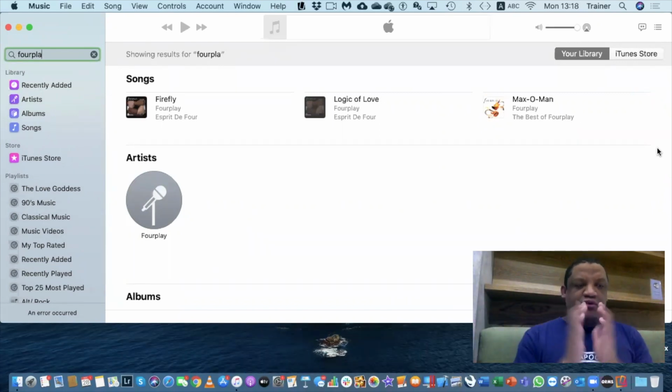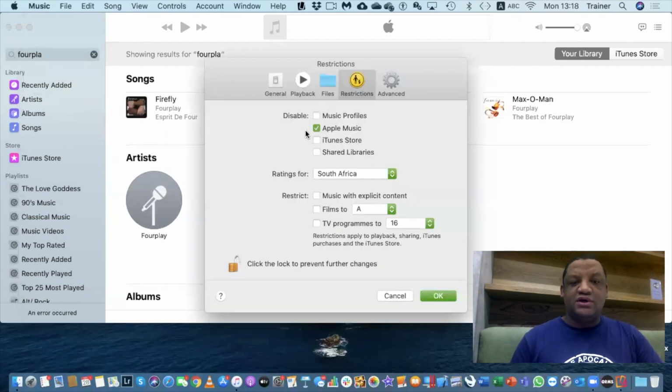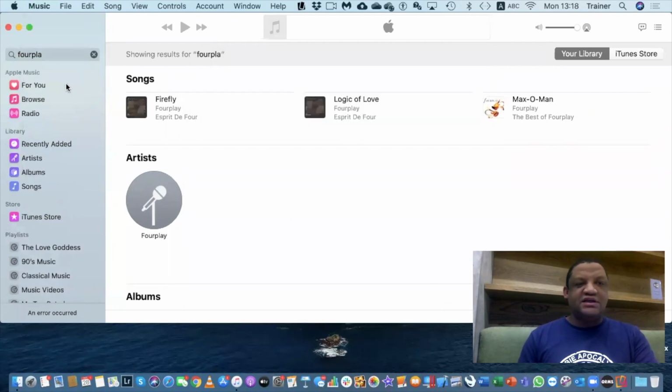Now, one more thing, and I'm just gonna reactivate my Apple Music quickly. And this is something that I quickly want to show you guys. I've got about 2 minutes left. I'm gonna steal another 5 minutes of your time. But this is pretty interesting, and this is something that I discovered that I had a problem with.